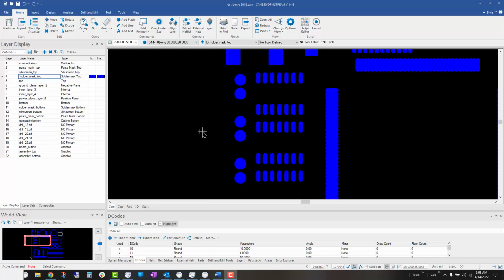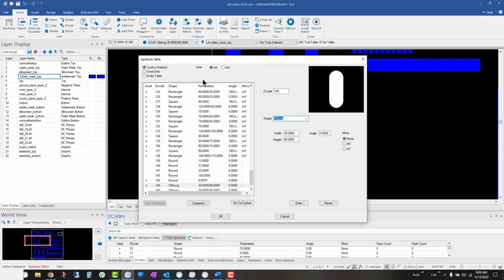Let's take a look at how you would change the shape and/or size of a feature in CAM 350. There's several ways to do this. First one is a global change, and you would do that through the aperture list. So if I go down here to the Decode table across the bottom, I can hit Edit Aperture, and